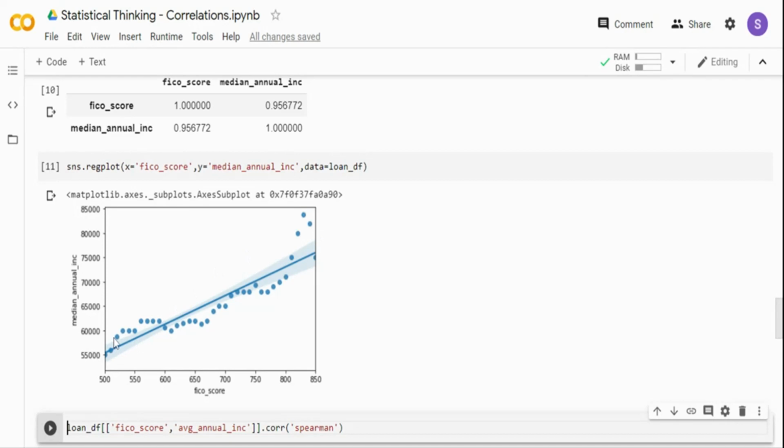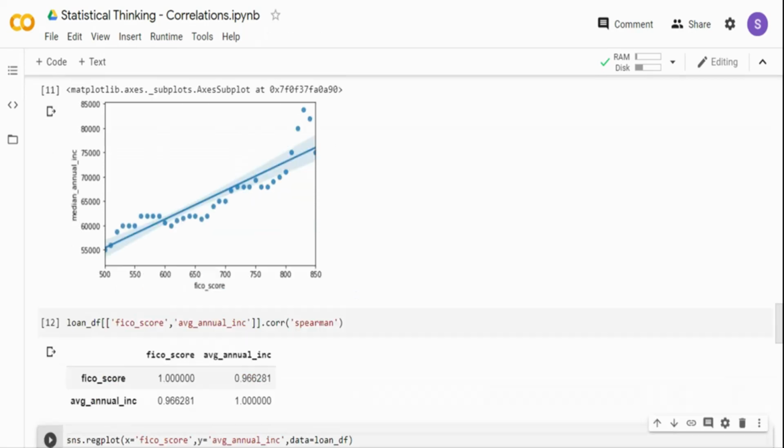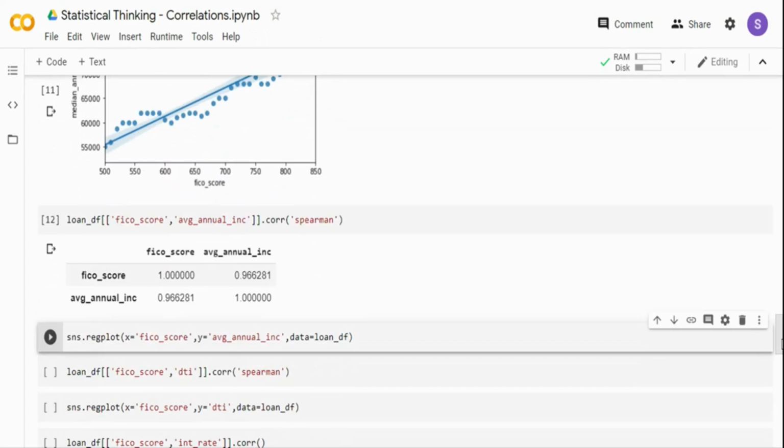Over here, the values are pretty close to the line, and you can see some kind of linearity in the relationship. If I am using a typical regression model, there may be some standard error, but that's fine. I can still model this relationship, right? Similarly, instead of the median income, I can also use the average annual income. I will still have outliers, but it will address some part of the outliers.